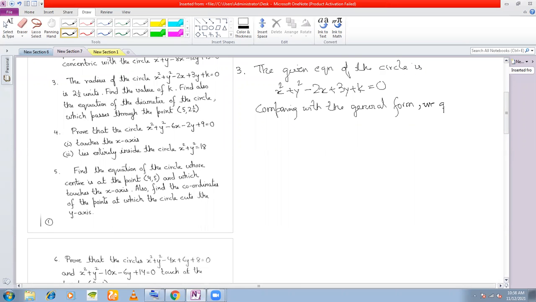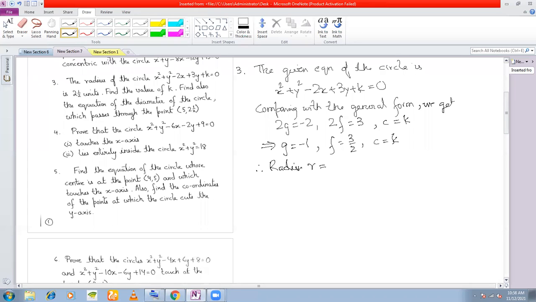We get 2g is equal to -2, 2f is equal to 3, and you get c is equal to k. Therefore, what is the radius? Let's find g first. g is equal to -1. You get f is equal to 3 by 2, and you get c is equal to k. So therefore, radius